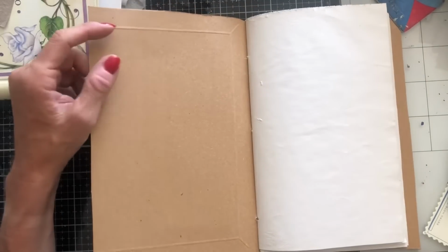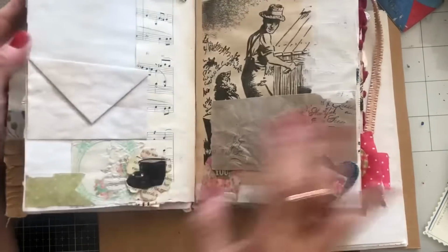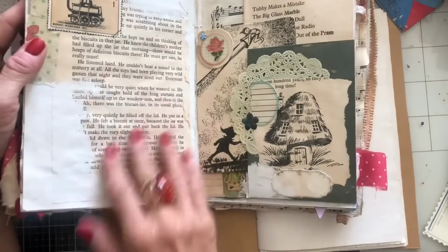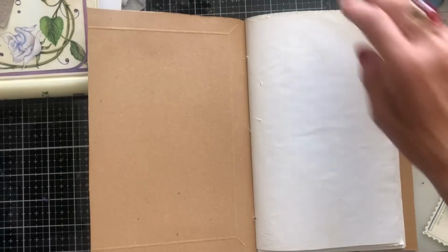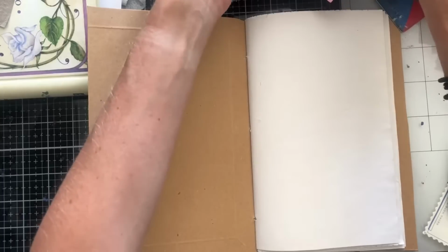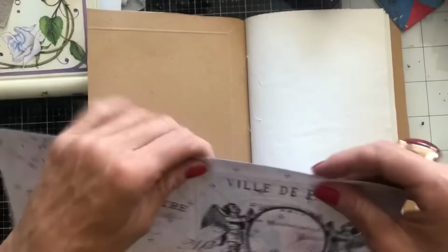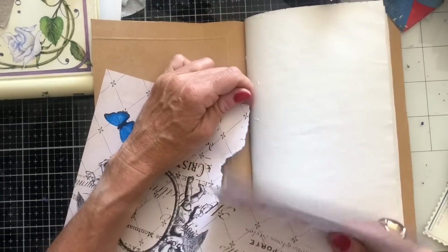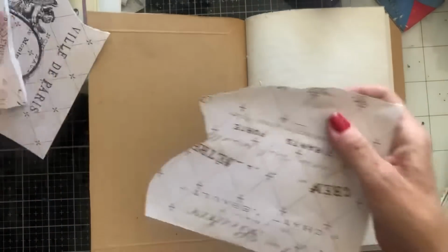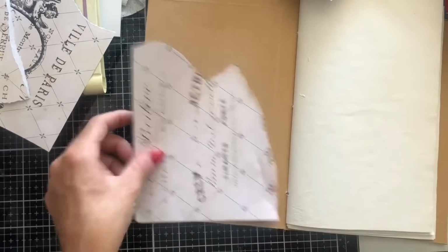So what I'm going to do is, obviously in my original scrappy journal, I had used a lot of sheet music, just putting on the pages, a combination of sheet music and book page, to fill in the background. So I'm going to do some of that. Now, I have to be honest, I've got these days a lot of printables and things like that, because that's predominantly what I have a lot of now. So I'm going to use things like that to fill in, just because I want to use up some of the things that I've got laying around on my desk. So for instance here, I'm just going to take some of this and fill in some of my bits and pieces. So I'm just going to glue in